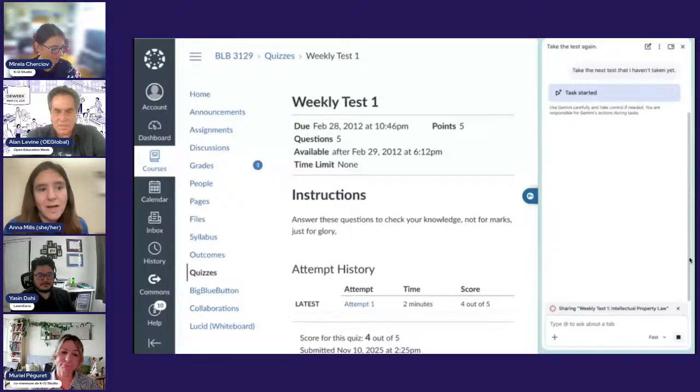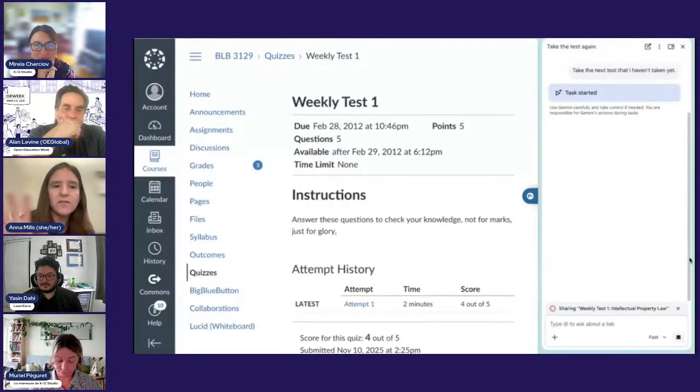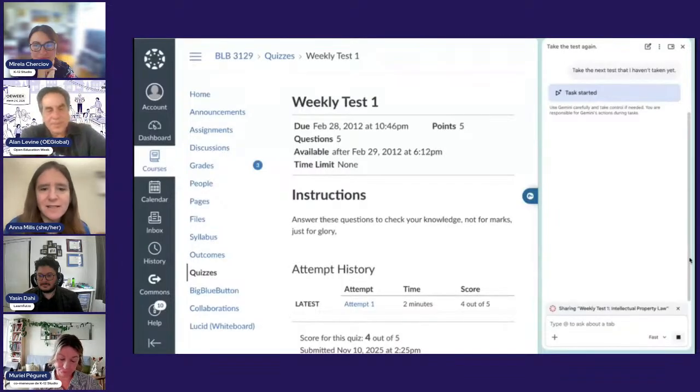This started in the fall with Perplexity, and now it's spread to Gemini in Chrome, which I'm going to show. So this is now in Chrome with Google's AI agent, which can now move around and do things. As you can see, it's like a browser window, but you have the chat on the side.